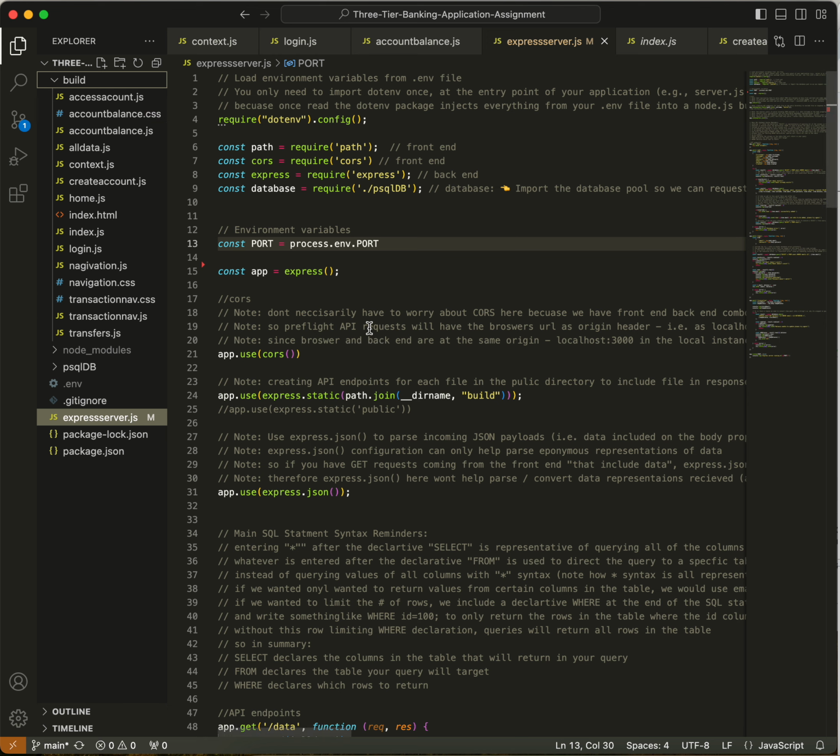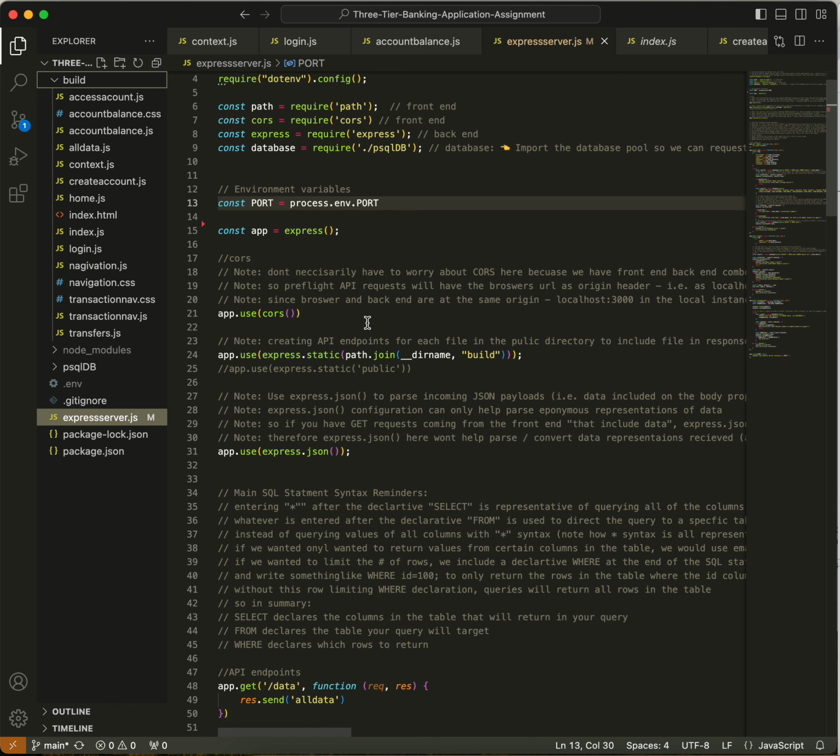So you can type into your browser mycapstoneapp.com/account access, and it'll serve the account access file. You can type in mycapstoneapp.com/account balance, and it'll serve the account balance file. However, that's not how our architecture is set up. Our architecture is set up so that